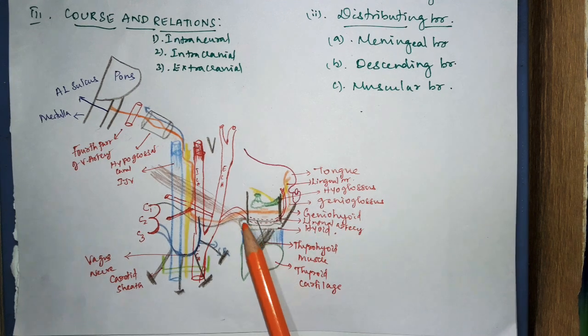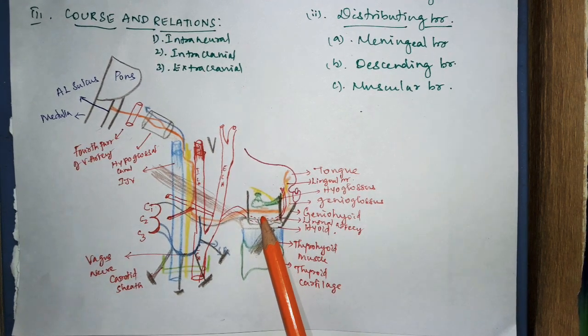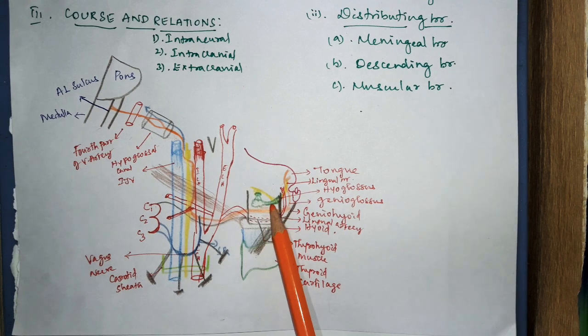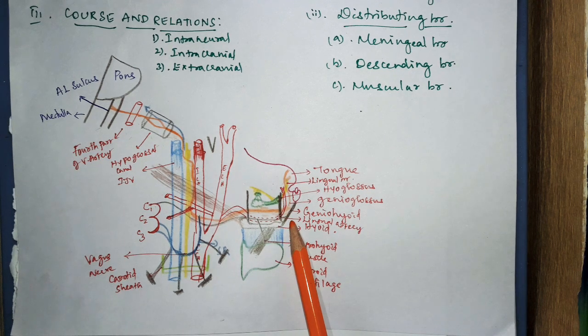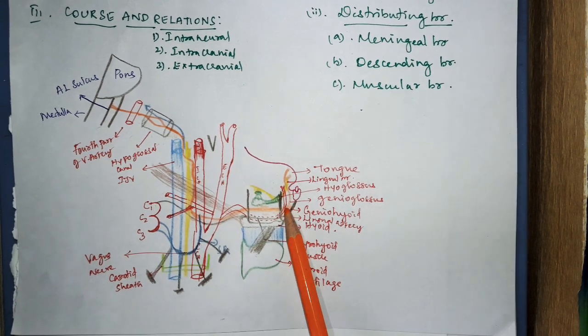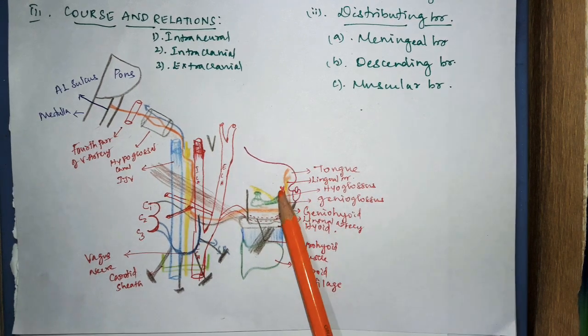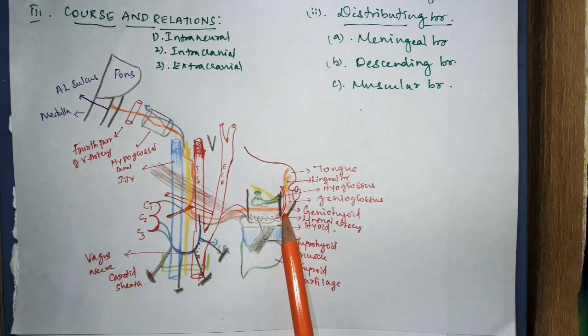In the submandibular region, this nerve runs superficially on the hyoglossus muscle. There it accompanies the veins, the venae comitantes, and above it relates to the submandibular gland, submandibular duct, submandibular ganglion and the lingual nerve. Then the nerve runs forward, passing deep to the mylohyoid muscle. Then it pierces the genioglossus muscle and enters the substance of the tongue to supply the muscles of the tongue. That is about the course of the hypoglossal nerve.